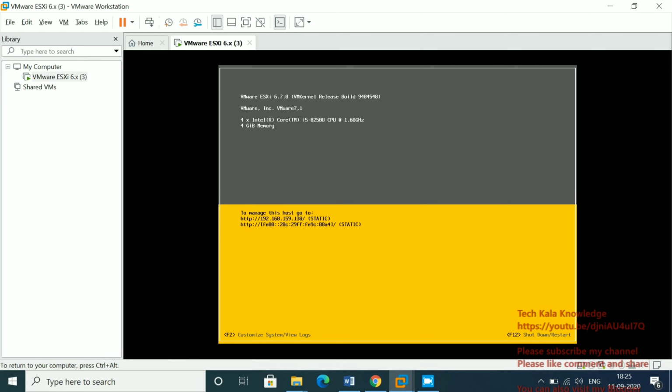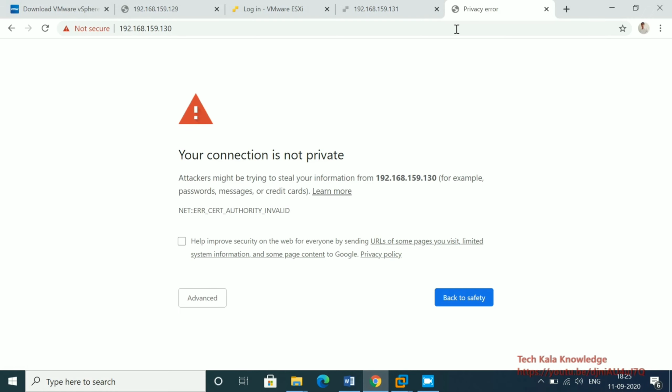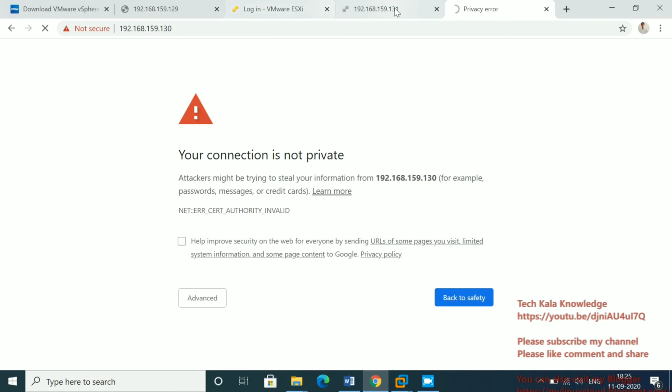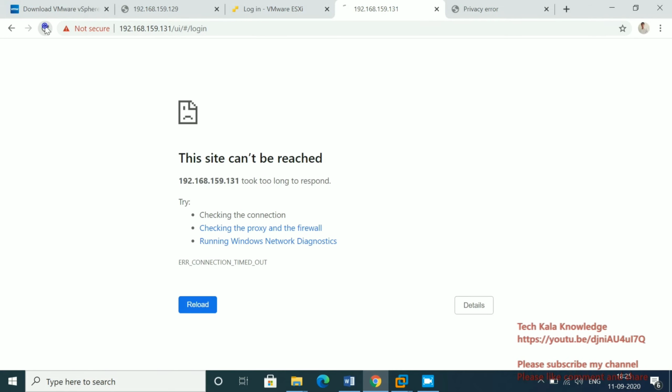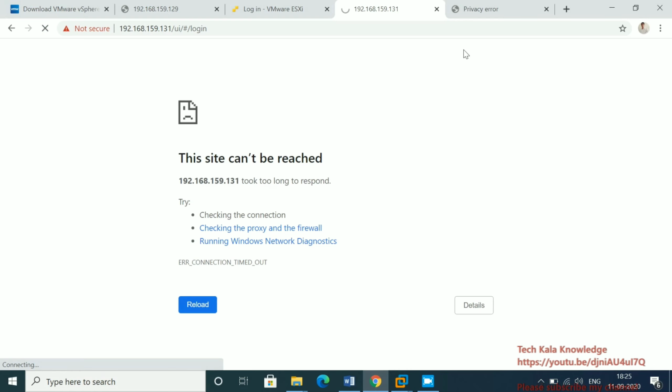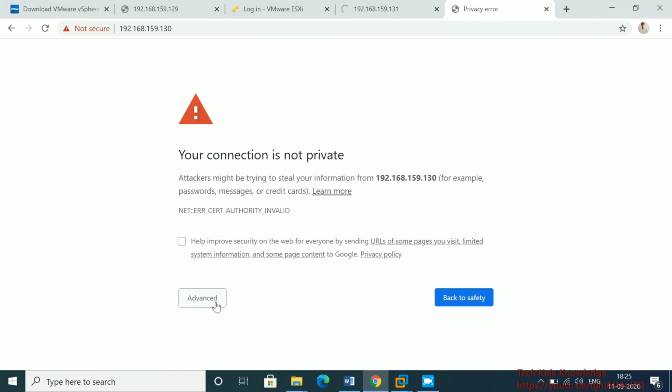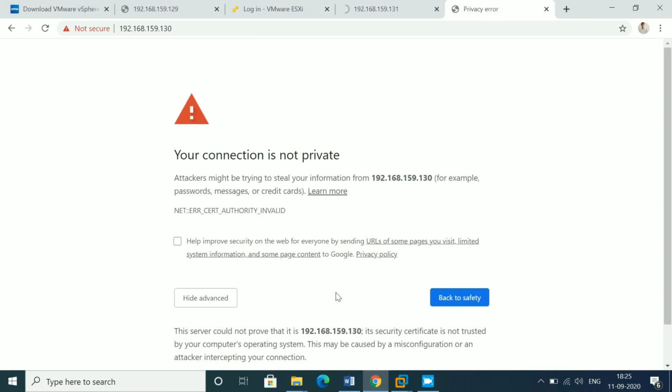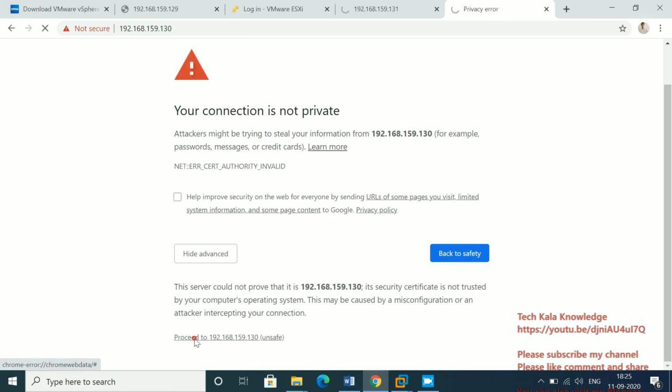Yes, now you can see that a static IP is assigned. So let me log in with the hashtag. Yeah, now you can see 130 is working now. 131 is not working. This page cannot be reached. Okay, now let me proceed with this one.